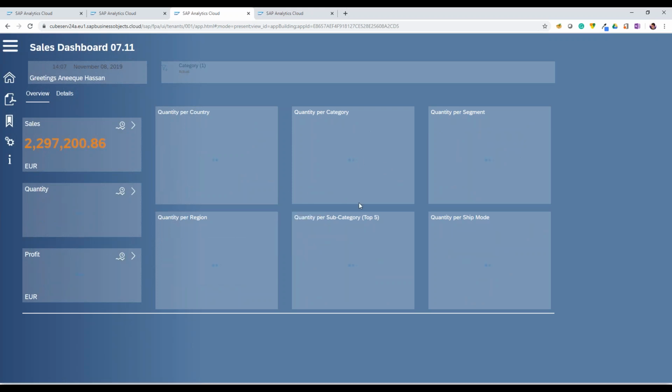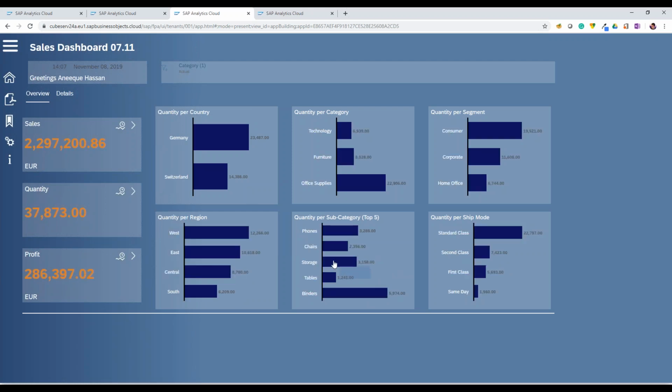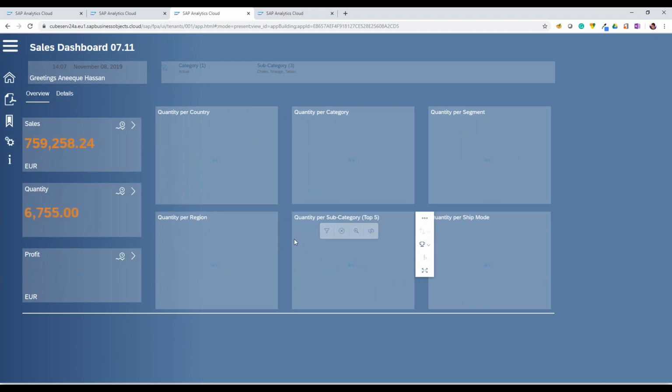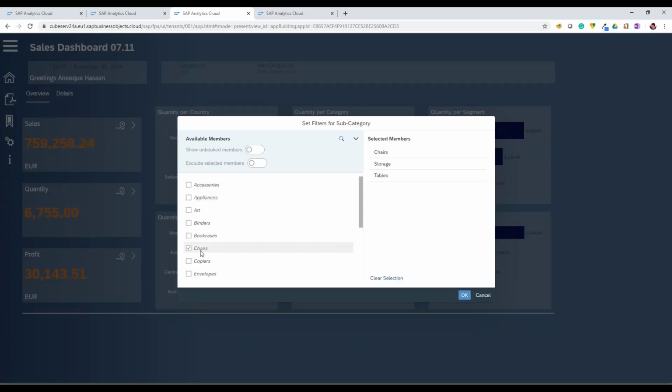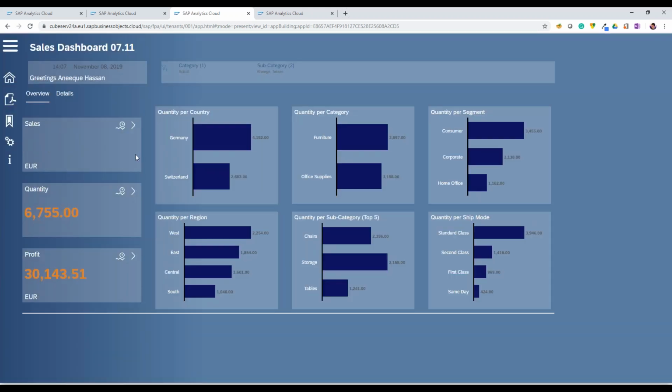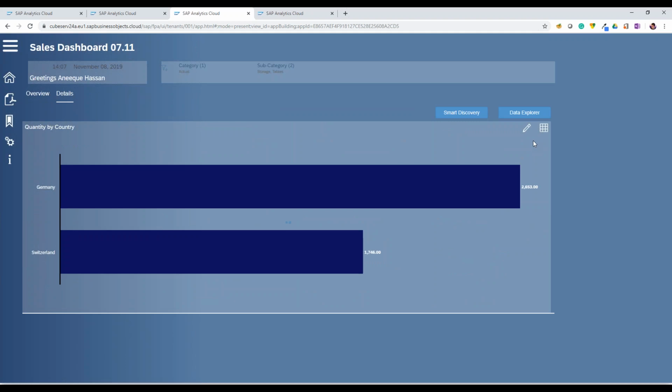What is also possible in filtering is that Application Designer allows us to do a multiple select with the mouse, or lasso select as it is called. It is exactly the same feature as when we are filtering other members by clicking one of them. Then we go to our details page, where we have further analytical options for displaying our content.